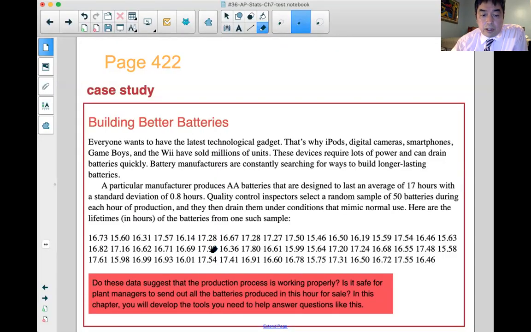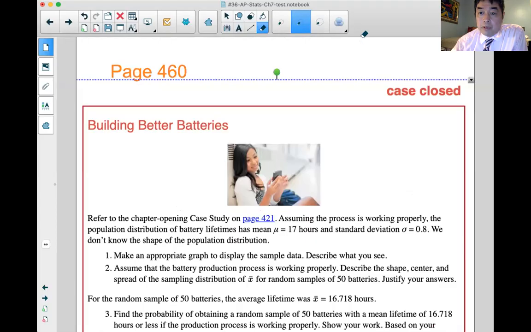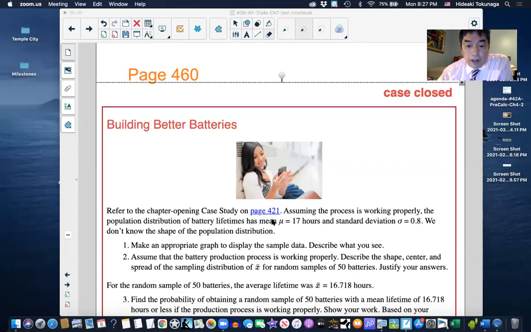Okay, I will make a quick video of Chapter 7 test review. The previous video, I asked you to input these data. After you input those data, maybe I should share the whole screen. Okay. All right, so,